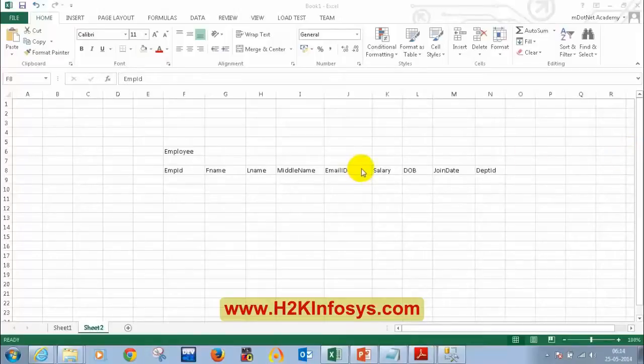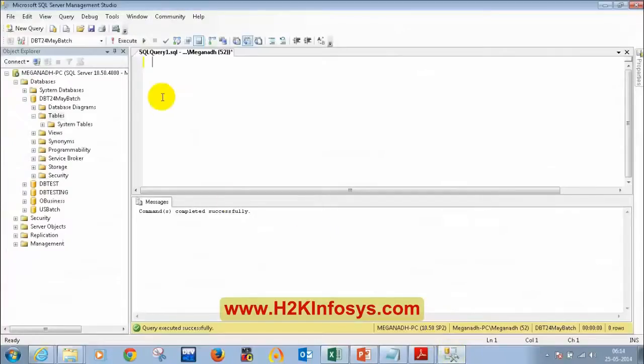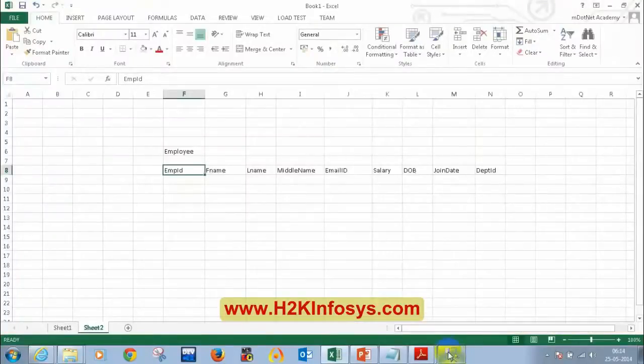So it's clear now. The 4 points have been clarified. One more question: is it possible that a table does not have a primary key? Yes, a primary key is not mandatory. Sometime back I created a table employee which does not have a primary key. So it is not necessary for a table to have a primary key, but if we have it, that's well and good. That's how we can differentiate from other records.